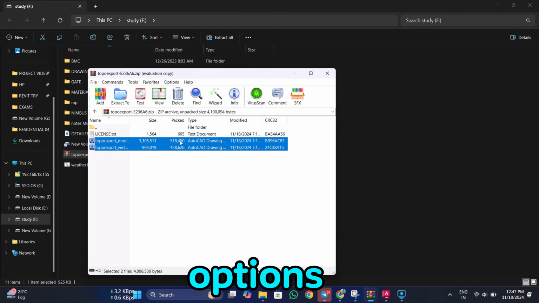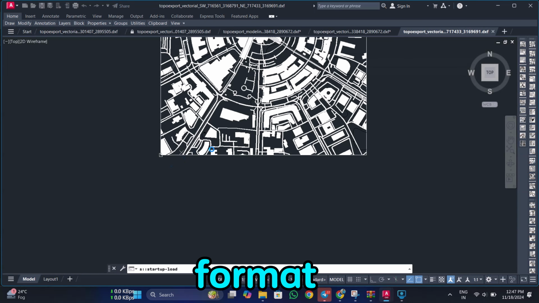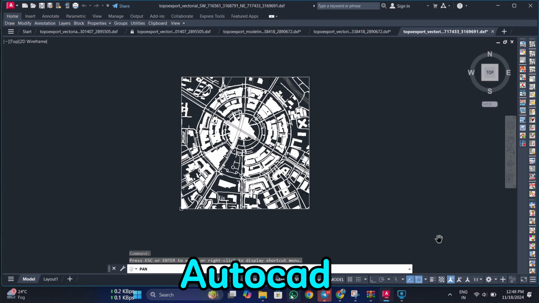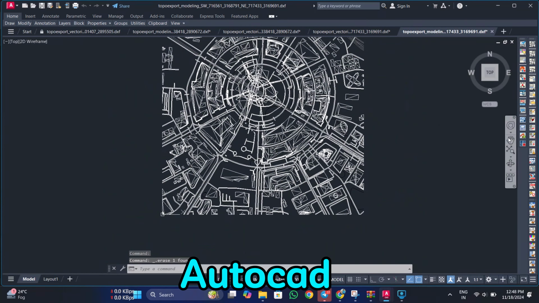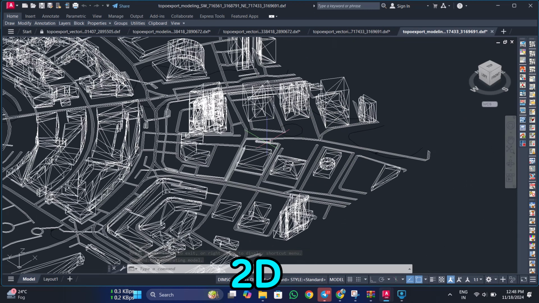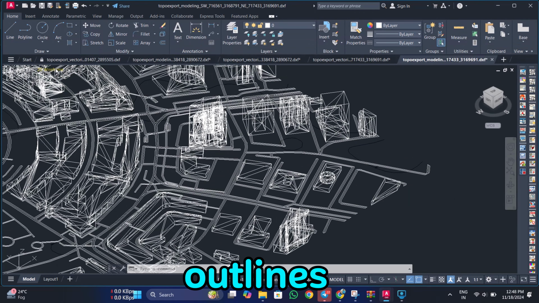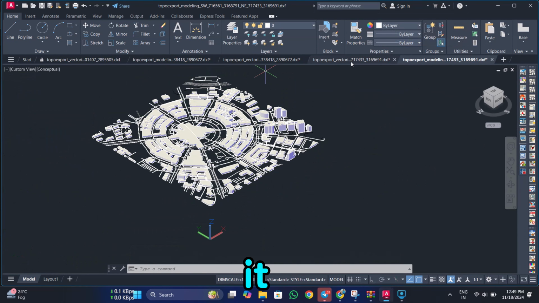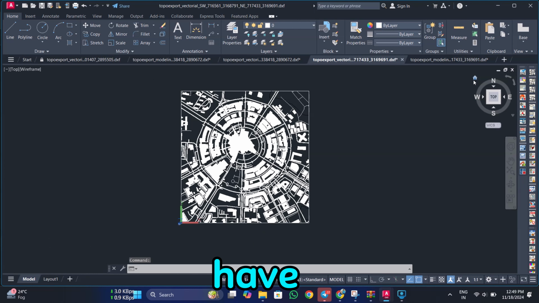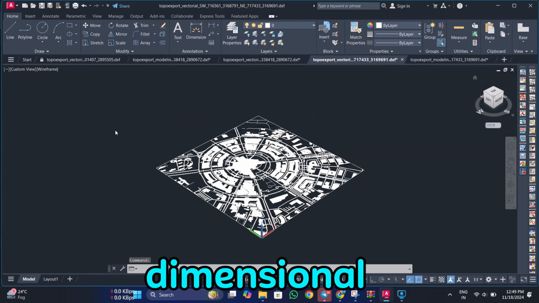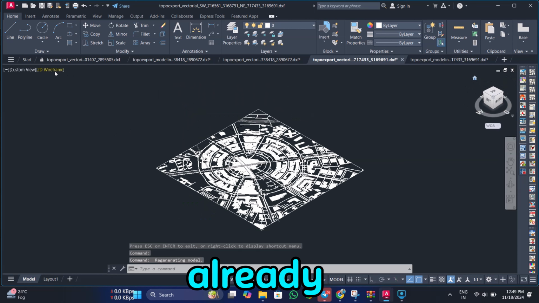From the export options, choose the DXF file format, which is perfect for AutoCAD, and you'll be able to edit and manipulate the drawing directly within AutoCAD. This gives you both 2D contour lines and 3D outlines of your selected area, making it ideal for both planning and visualization. Now, you can have both a detailed topographic view and a three-dimensional representation, all ready to integrate into